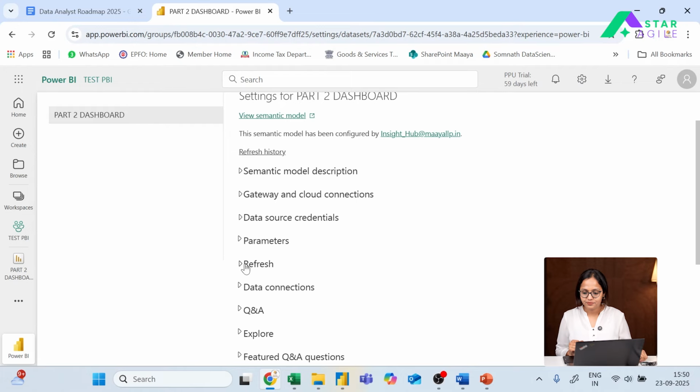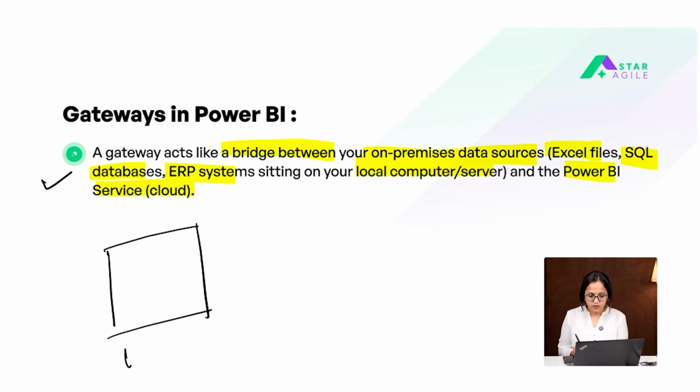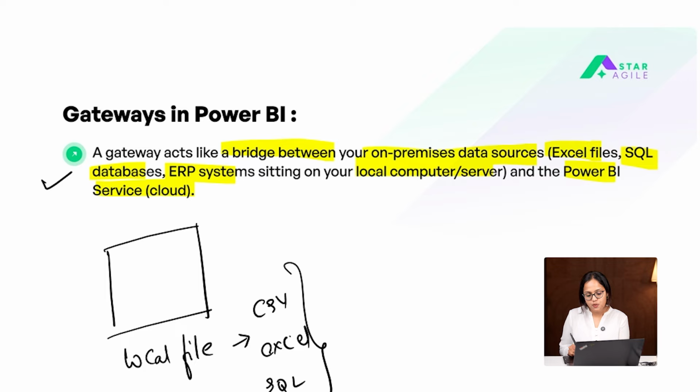So let's dive in. Gateways act like a bridge between your on-premise data sources like your Excel, SQL databases, ERP systems sitting in your local computer and the PBI service cloud. Simple, guys, let me show it to you in a diagrammatic way. This is your local file, right? And this local file can be a CSV file, an Excel file, or your SQL database, okay? So this is basically sitting locally in your system. This is also called on-premise data,